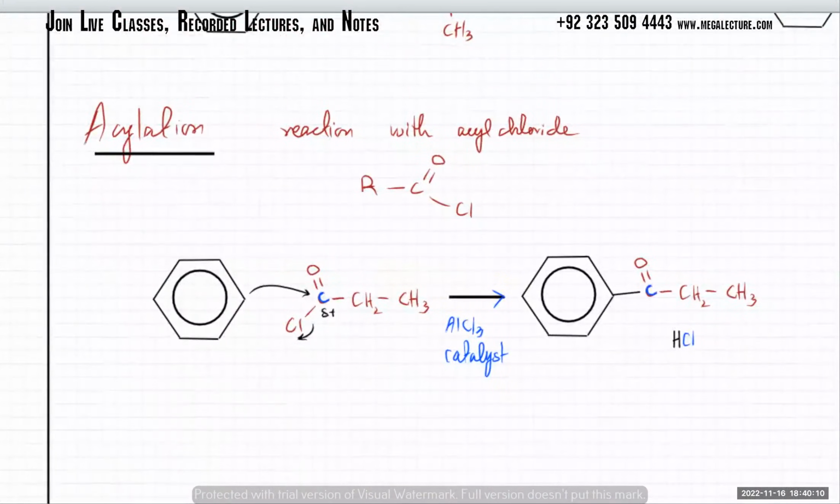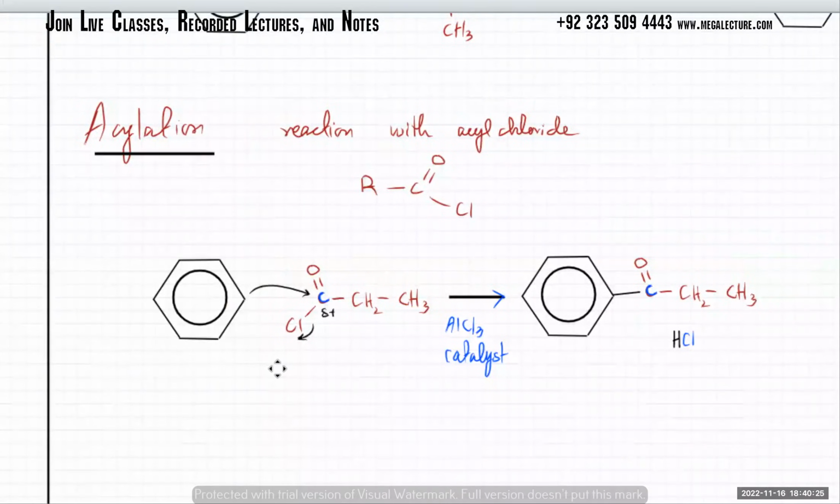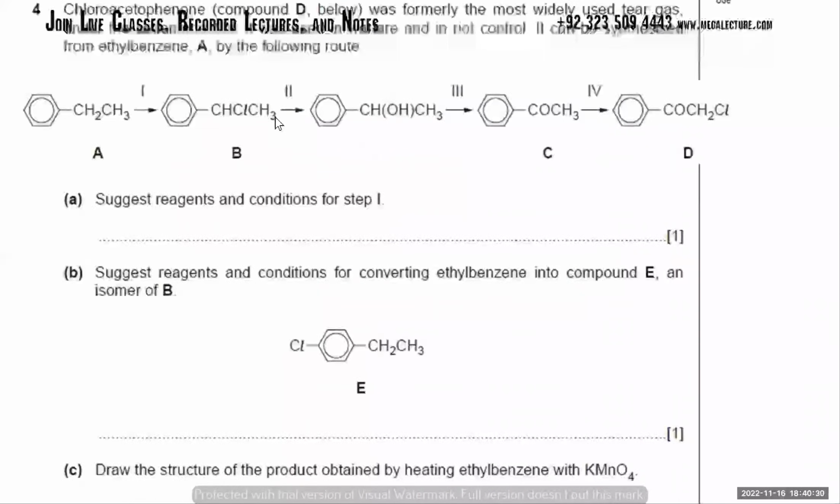You need an AlCl3 catalyst for this. See, I think 30 marks होंगे organic. 25 to 30. Questions simple ही होंगे इतना भी. But as an example,